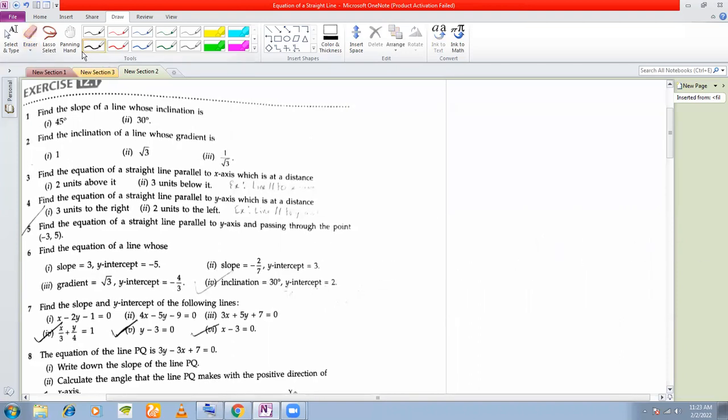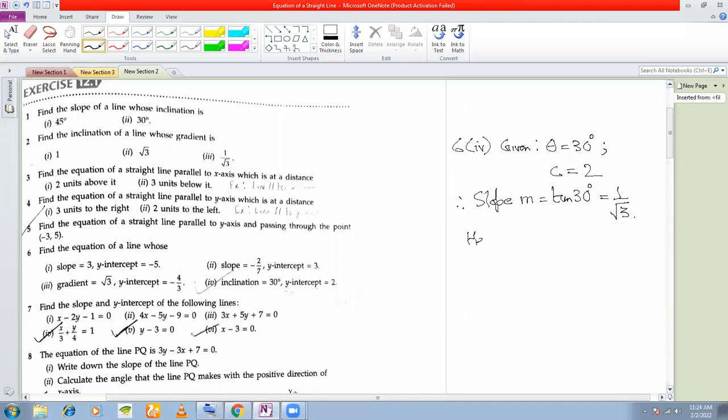Let's say we do 6 part 4. Question is, find the equation of a line whose inclination is 30 degree. So given here, inclination, that means theta is given, inclination 30 degree given, and y-intercept is given to you. Okay. So y-intercept, what was the symbol for y-intercept? c. Intercept is given to be 2, right? We need to find out the equation of line. Because inclination is given, we can find out the slope. Therefore, what is the slope? Tan 30 degree. And tan 30 is 1 by root 3, right?